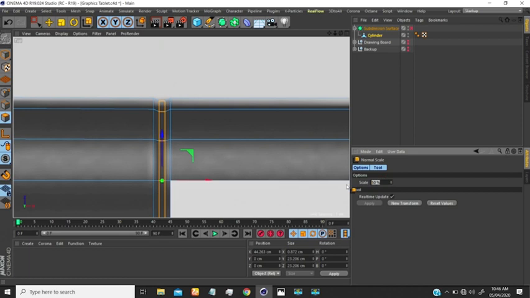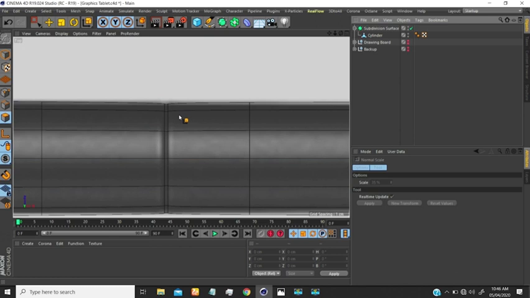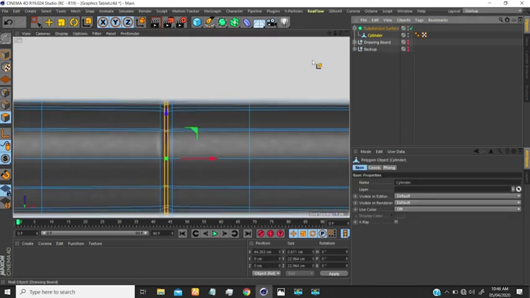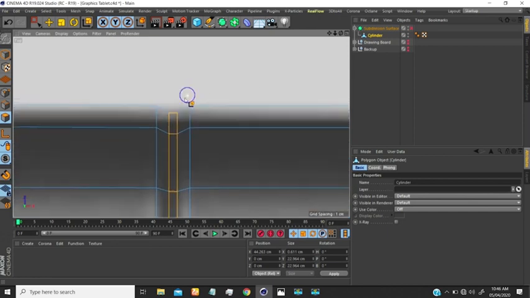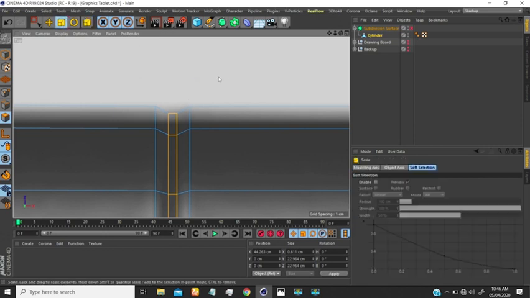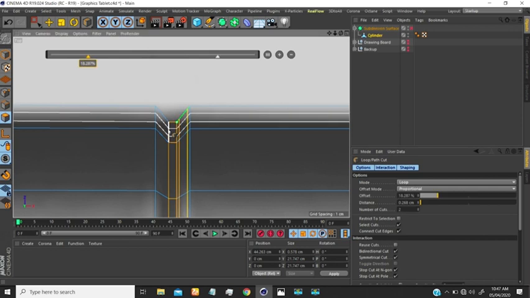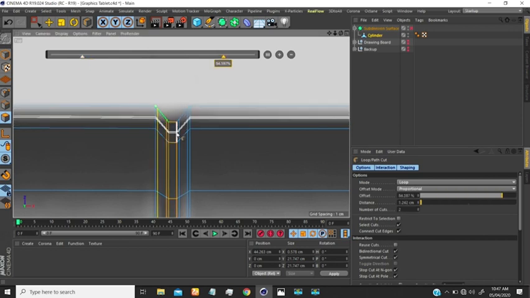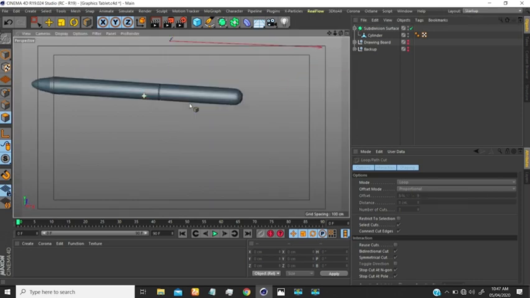Let me just bring this down more. And if we do a Q, what we need is this indentation to be displayed more. So what we can do is to create a loop here, or still just use scale and scale this downwards more and do a KL, cut this, do a symmetrical cut, cut this here and do another one here. So let's see. So this is fine. So if we go to this perspective view,